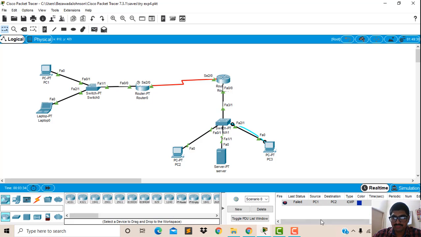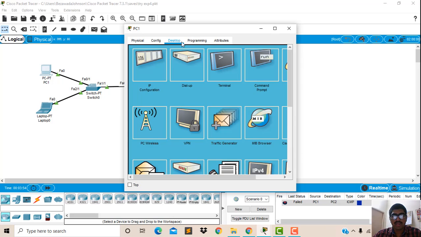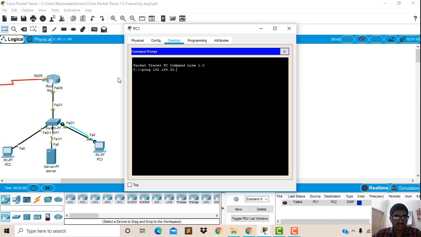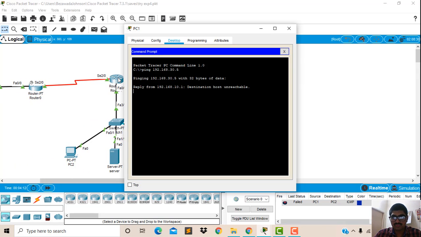It will fail, because it is connected with the serial interface of the DCE, and this default gateway address is not in this second router, so it will fail. Now when we go to PC1 command prompt also, we can see that it fails. Ping 192.168.30.5. When we see here, the host is unreachable.